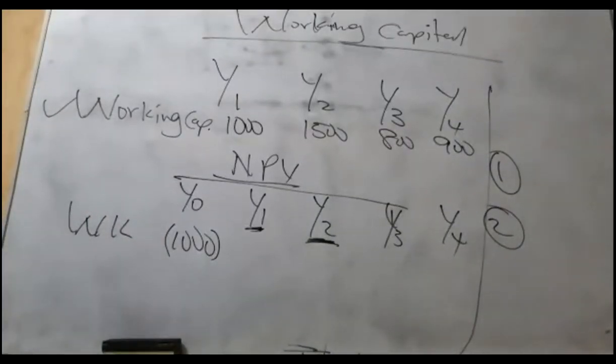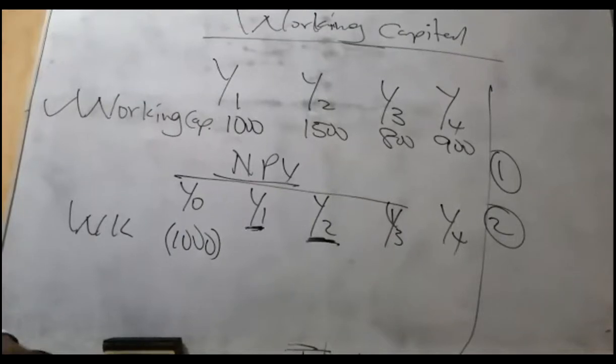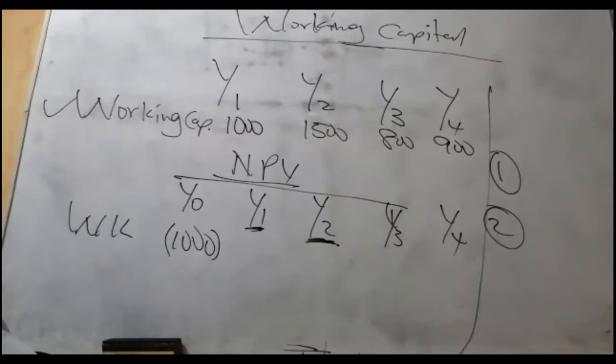Assumption number two. After the initial working capital, the subsequent ones, we only record the movement or the difference. Let me take it again. After the initial working capital. I did not say after year one working capital. We said after the initial working capital, or after the first working capital, the remaining, we only record the difference. If it increases, it's an outflow. If it decreases, it's an inflow. Let me take it for the final time. After the initial working capital,